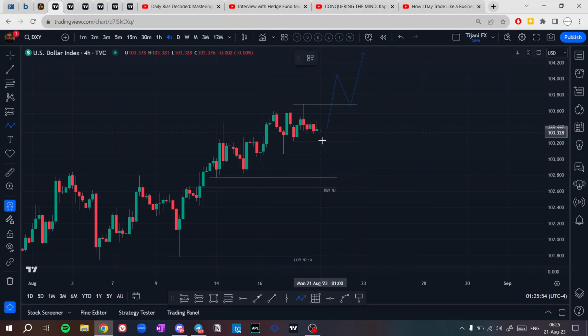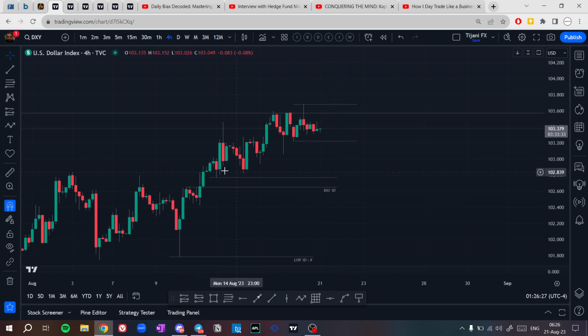Price could just drop lower from here as a manipulation for this accumulation and then continue higher. Also, if price checks this high but doesn't show the displacement that we need and doesn't close above this high but drops lower, closing inside the range, there's a higher chance that price could drop lower then continue higher. Price has taken buy side liquidity here, then price is looking for sell side liquidity to continue higher.